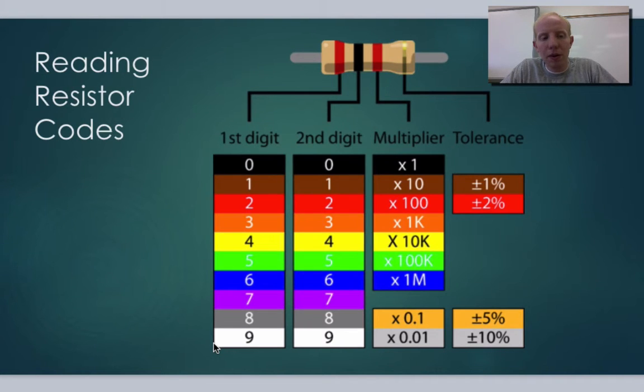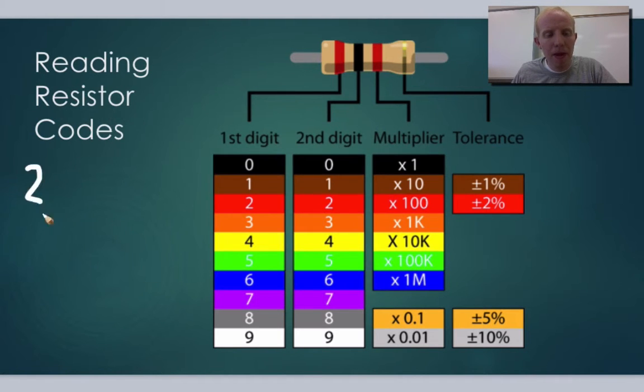What we have to do is read the 4 bands and they tell us about the resistance. So for example, let's just do this resistor on the screen right now. We got red, black, red, gold. If we're trying to read this, we're going to read that first band, which is red. So we look and say, okay, that is the number 2. So our first number